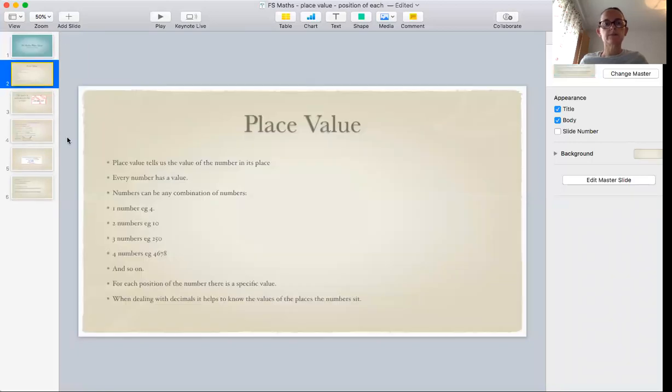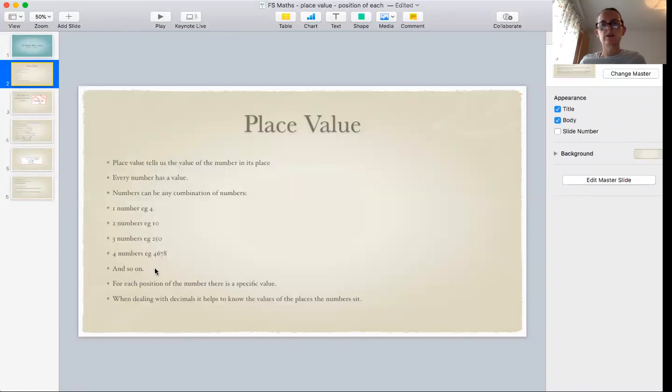So place value. Place value tells us the value of the number in its place. Every number has a value. So numbers can be any combination of numbers. So one number, so just one, right? So 4. Two numbers, 10. So we have two numbers there, 1 and 0. Three numbers, 2, 5, 0, 250. There are three values there. And four numbers,